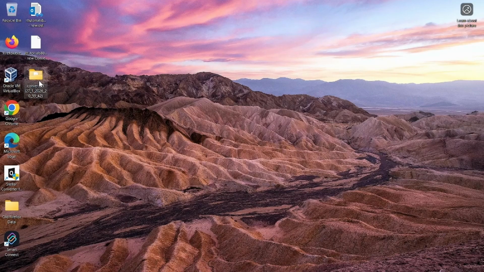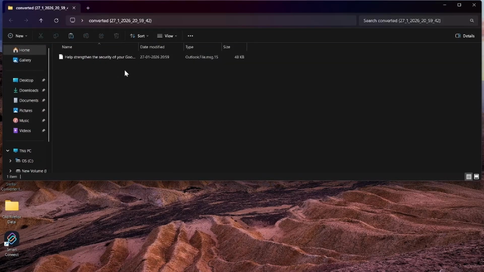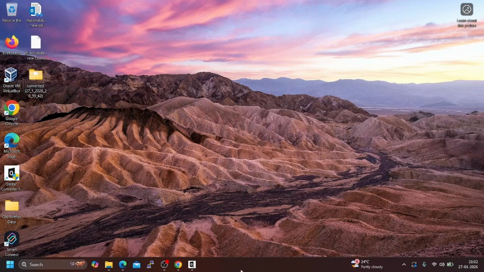So it has created a folder here. Let me open that. And as you could see, it has saved the individual message as Outlook MSG file. Let me open Outlook,